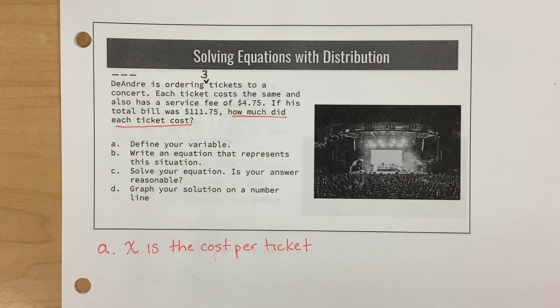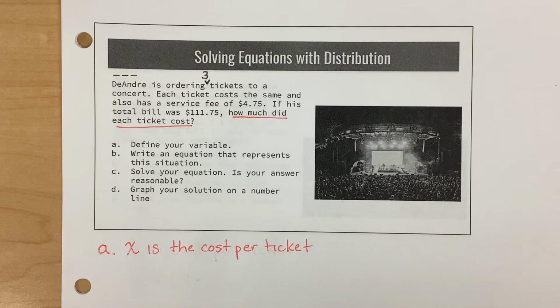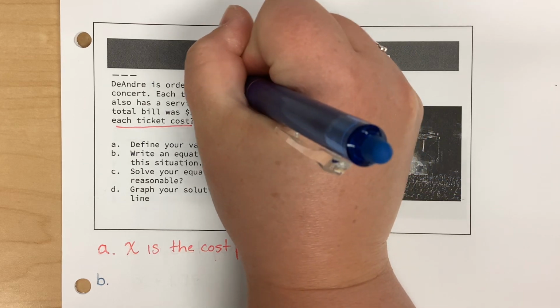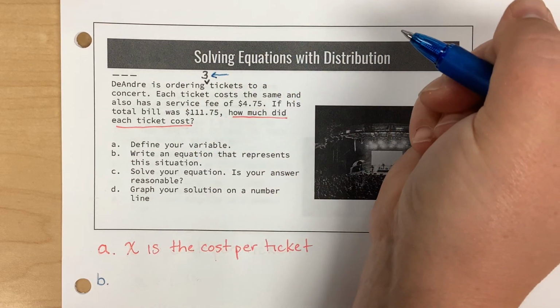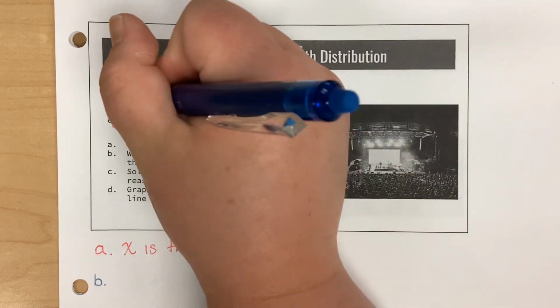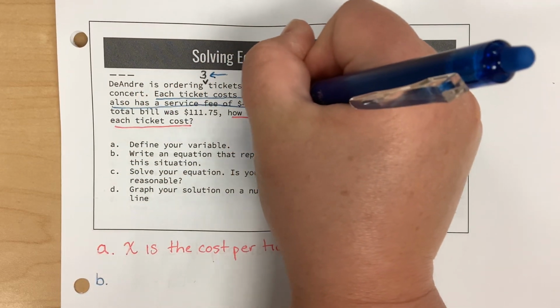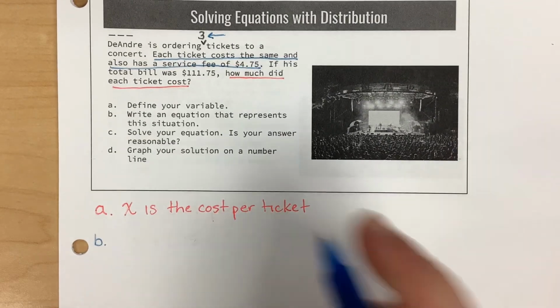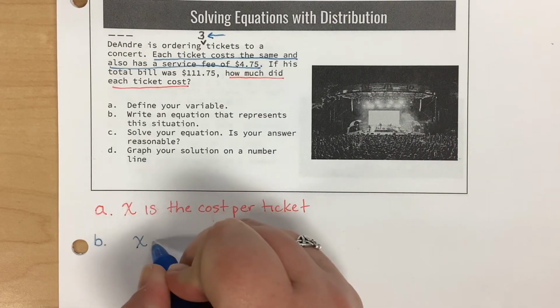Okay, then part B says write an equation that represents this situation. All right, so we need to know all of the important parts here in order to do this. So let's underline those. First of all, we know that it's 3 tickets. That's important. And then we also know that each ticket costs the same and also has a service fee of $4.75. So that means for each ticket that he purchases, it's the cost of the ticket plus